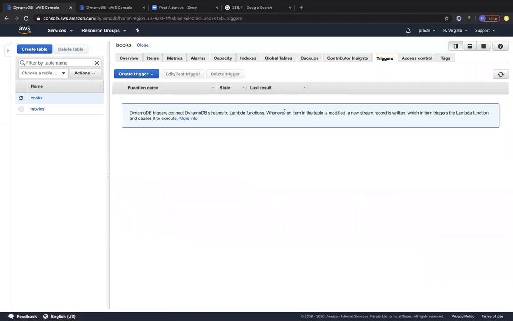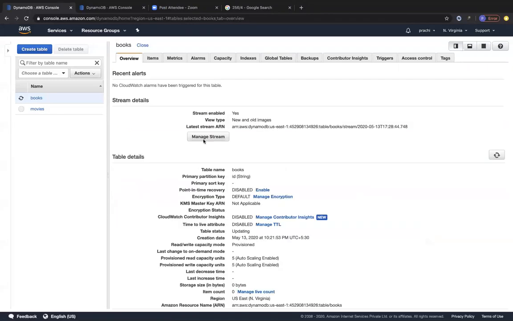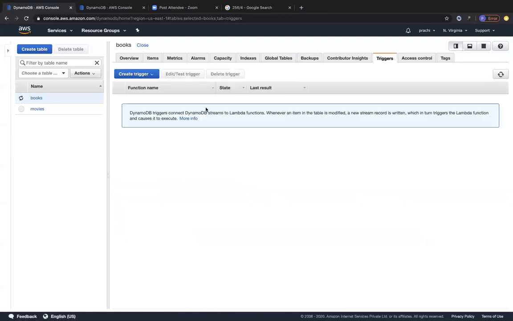So even snapshots and backups are available for DynamoDB. And then you have something called triggers over here, wherein you can trigger a Lambda function, right? You can trigger this Lambda function whenever the stream captures any data. Since you have enabled stream over here, you can choose to trigger Lambda functions from your streams. So you can see over here, DynamoDB triggers connect DynamoDB streams to your Lambda functions.